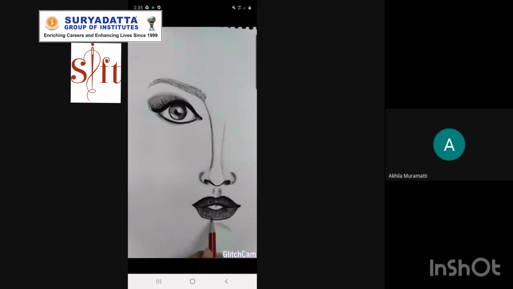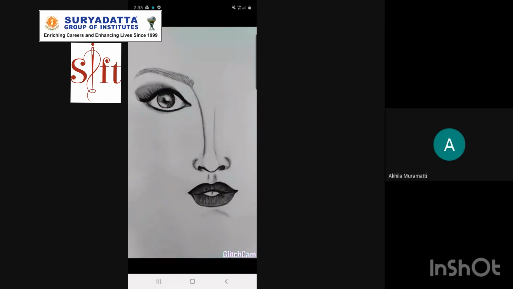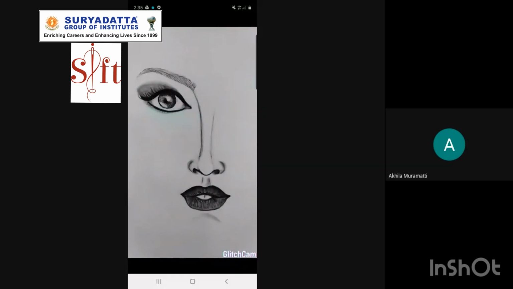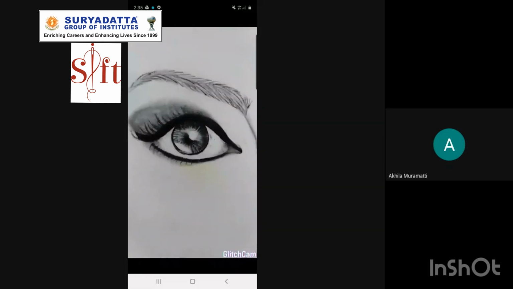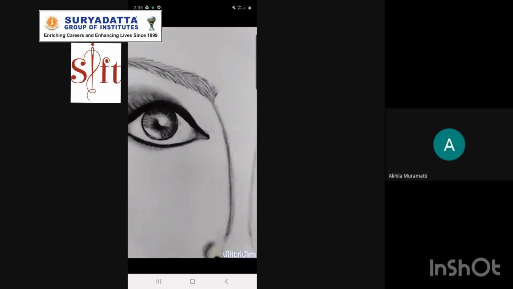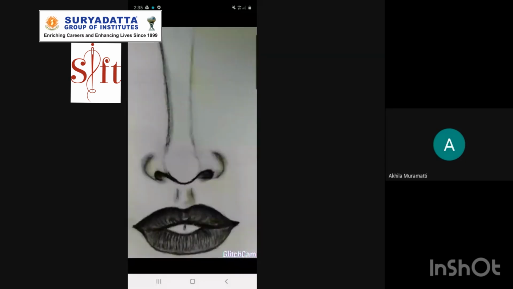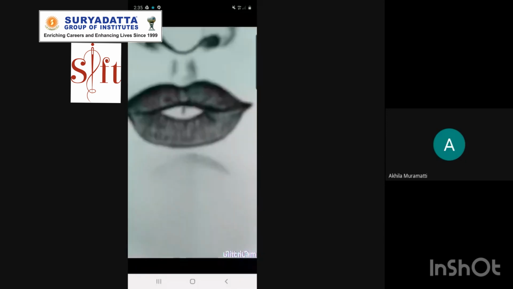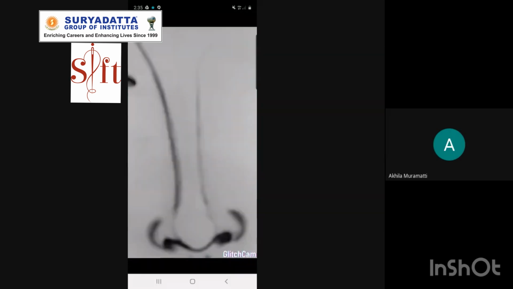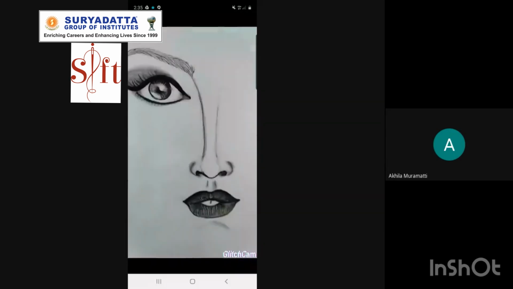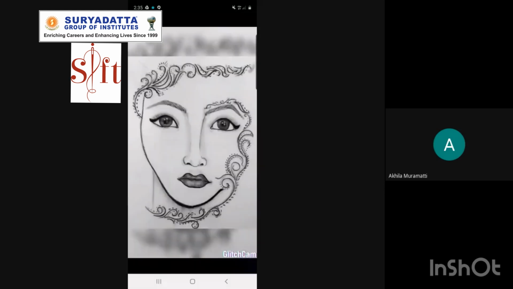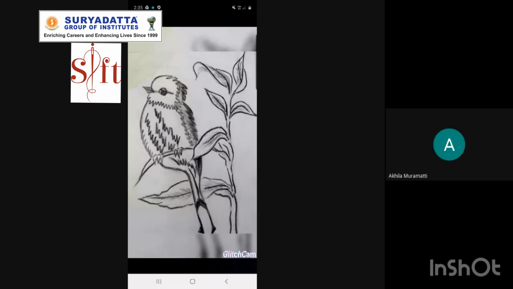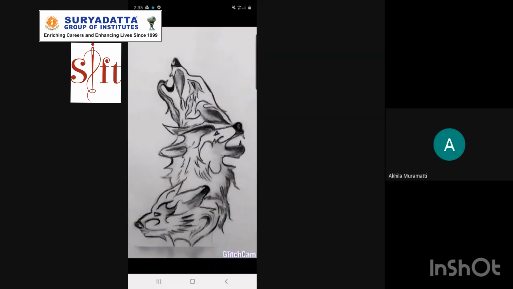Using a normal pencil to give a gray shade. These are some charcoal artworks, and some are only where I added facial details.